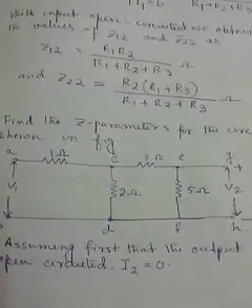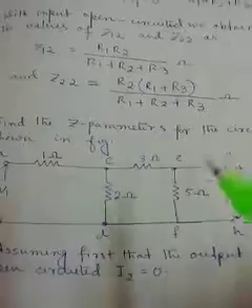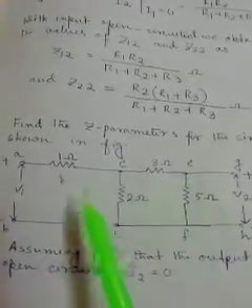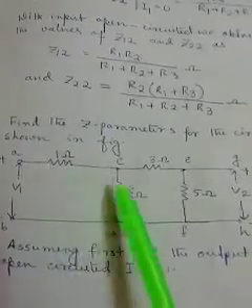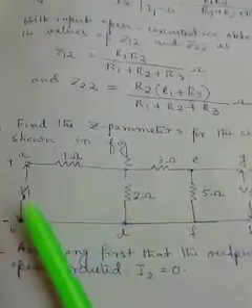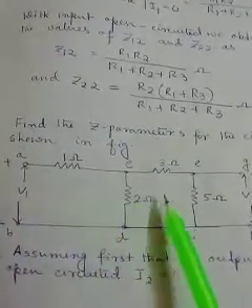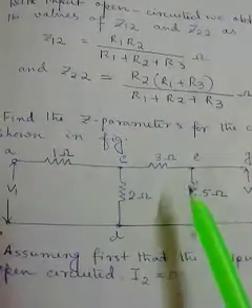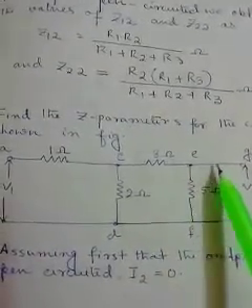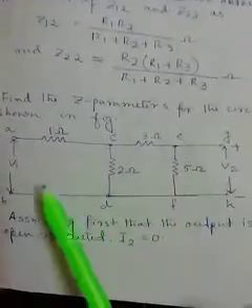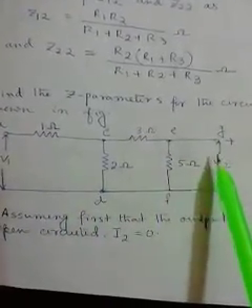So here we can see that elements are connected not either in T-way or in pi configuration. There are some more elements present in some different way. So if this is the total configuration, our aim here is to find the values for Z parameters. For every problem regarding the Z parameters solution, the method remains the same. First of all, we have to set one of the terminals open, so that means either the input port or the output port at a time we should open.